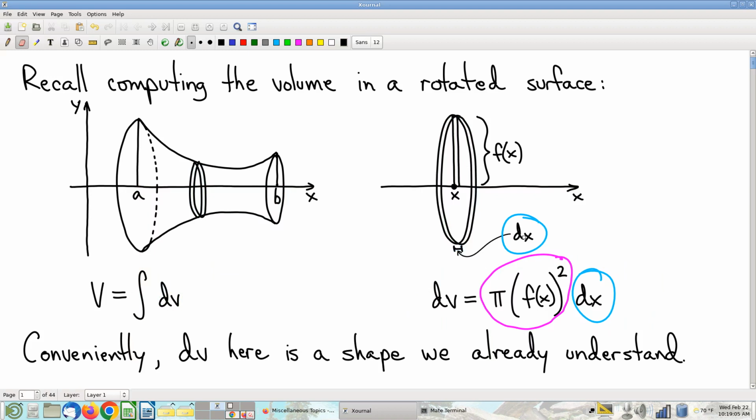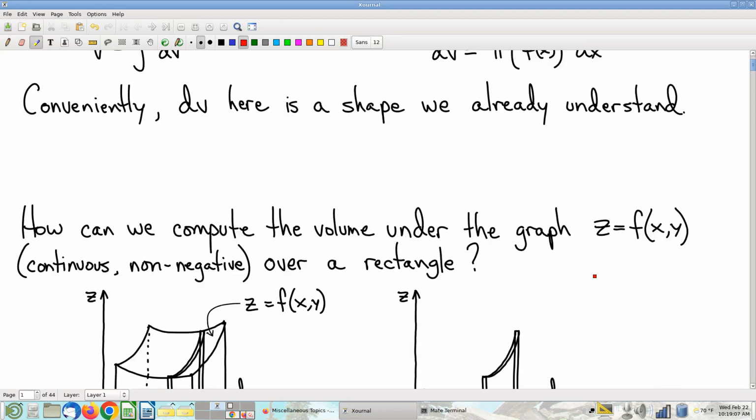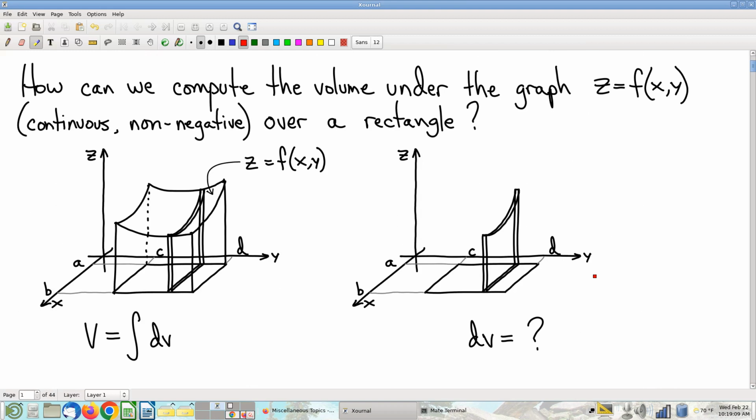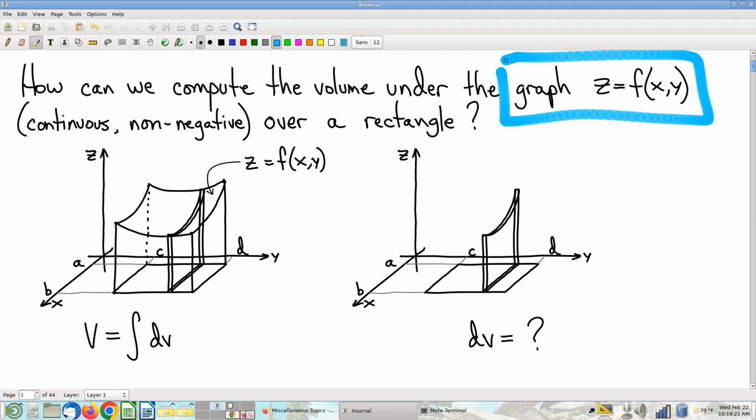Okay, so what I'm going to do now is try to apply that same idea to a new situation. Now, instead of getting a volume by rotating a graph, I'm going to just look at a higher dimensional graph. We're going to look at a graph now of a function of two variables. This was not a thing in a single variable calculus class. Anyway, so looking at that graph, here it is. If I want to compute the amount of volume that's under that graph,